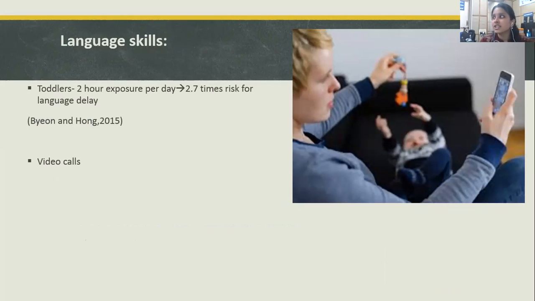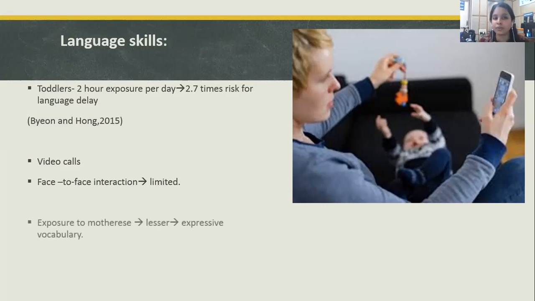We engage ourselves in a lot of video calls where family members from different places get to meet the child or get to meet each other. But are we really seeing what we do face to face? When it comes to face interaction, the child is very much engaged in their own activities. They don't really seek interest in coming forward.